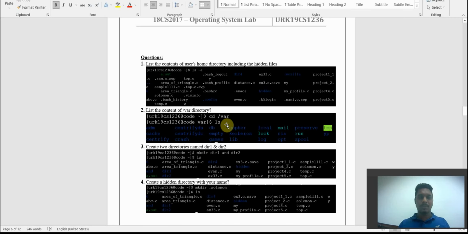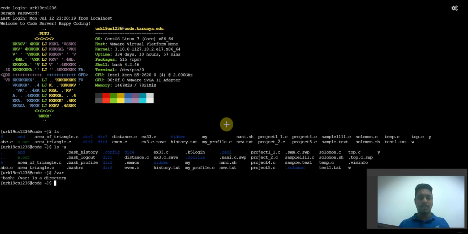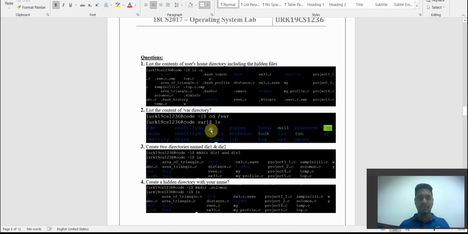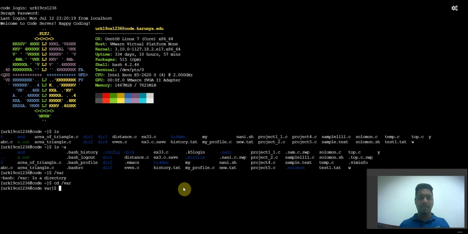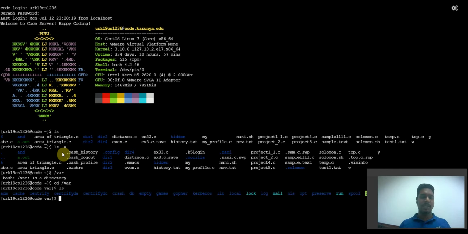First we need to use the cd command. cd, space, var. Now we need to see what all the files present in the directory. As I said, ls is the command to show the files. As we use ls, it will show all the files that are there.